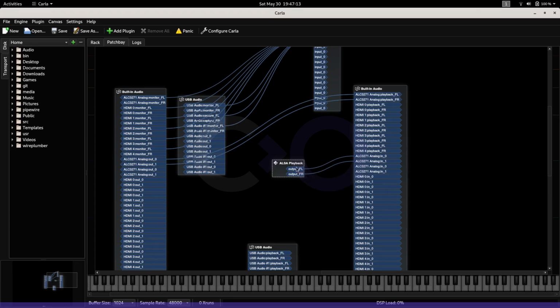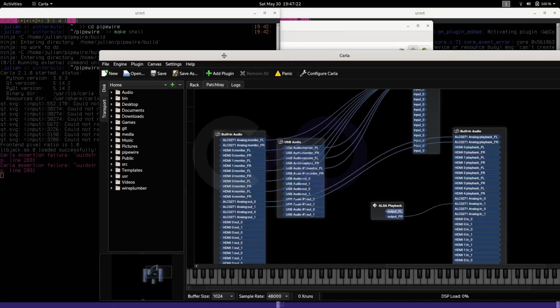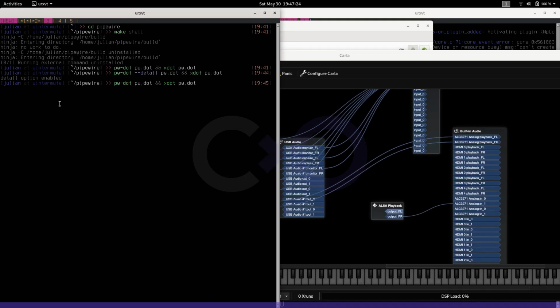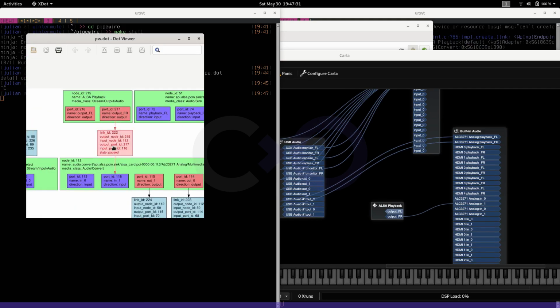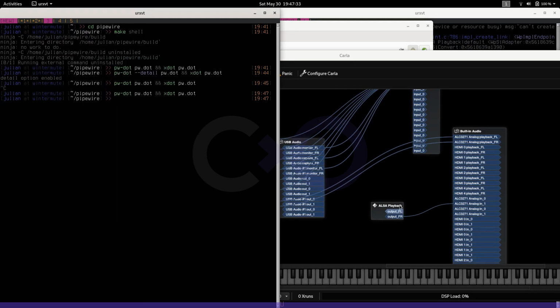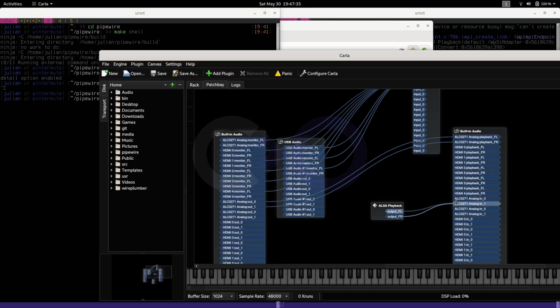We can disconnect the left channel, for example, and now only the right channel is playing on my speaker. So if we run the tool again, we can see that, for example, only the right channel is connected. And I can even connect the left channel to the right speaker,